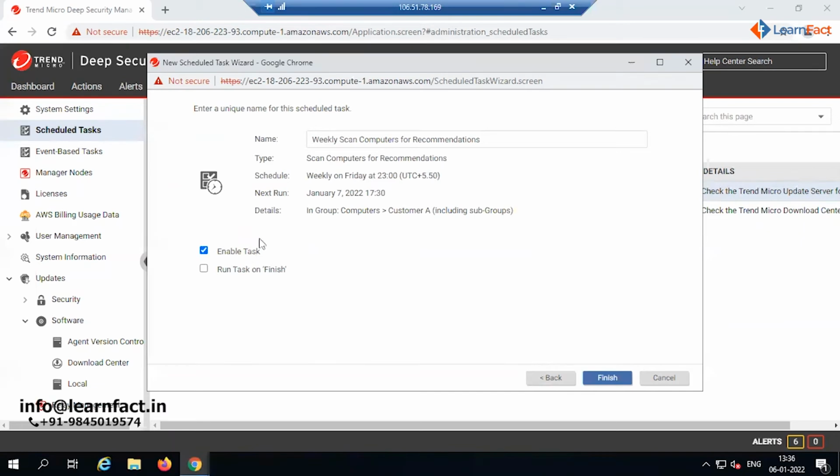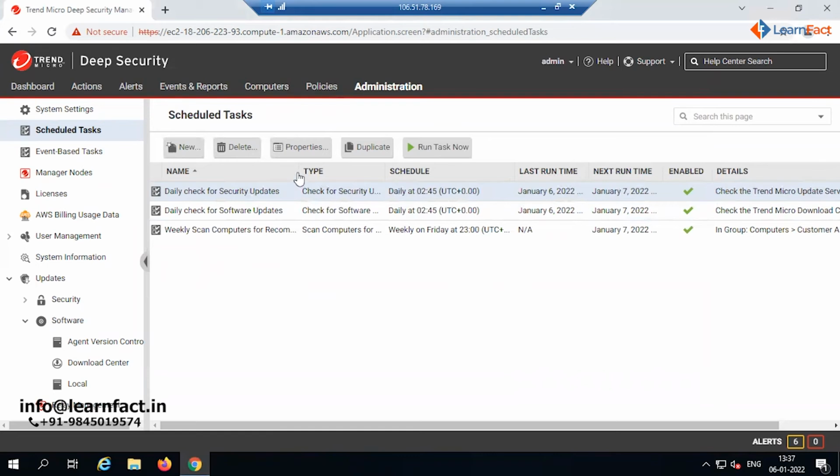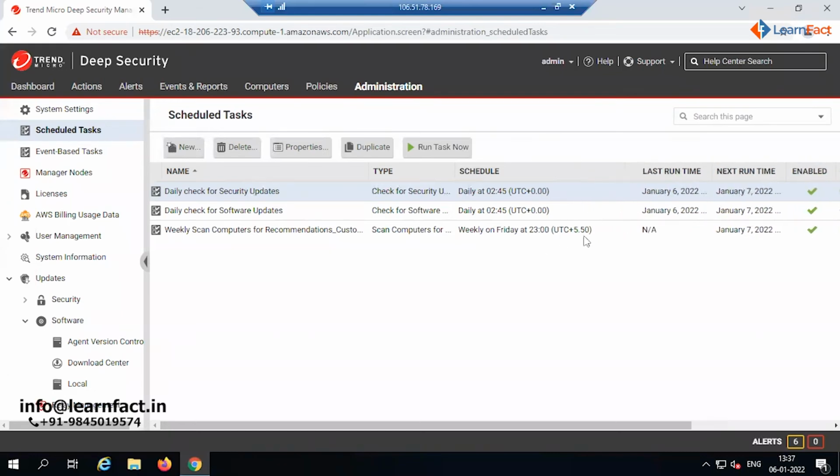Next. Okay, and here you can give the name. So weekly scan computers for recommendation. Here you can give customer A. Otherwise you will get confused whether it is for customer A or customer B. Okay, now you will give finish. So the scheduled task is enabled. So the weekly scan computers for recommendation scan will run tomorrow at 23:00 IST. Okay,